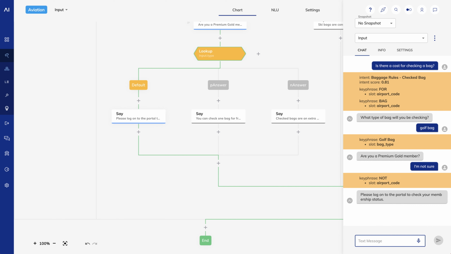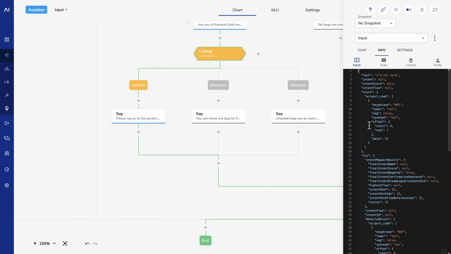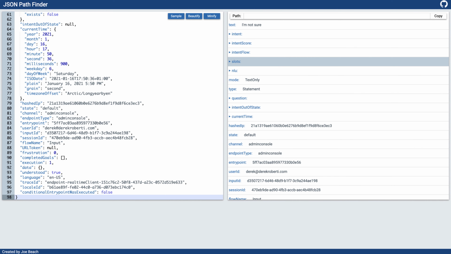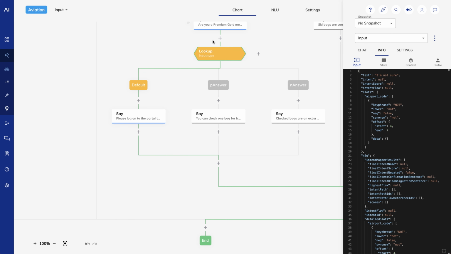That concludes this session. I hope you've learned a few things. 1. How to find the input and context information in the interaction panel. 2. How to interpret the input and context with the help of JSON Pathfinder. And 3. How to use the JSON notation in if, lookup, and say nodes to make more intelligent conversations. If you feel uncertain around how to access values in the context or the input, take some time to practice, as this is an important skill for building more complex flows.